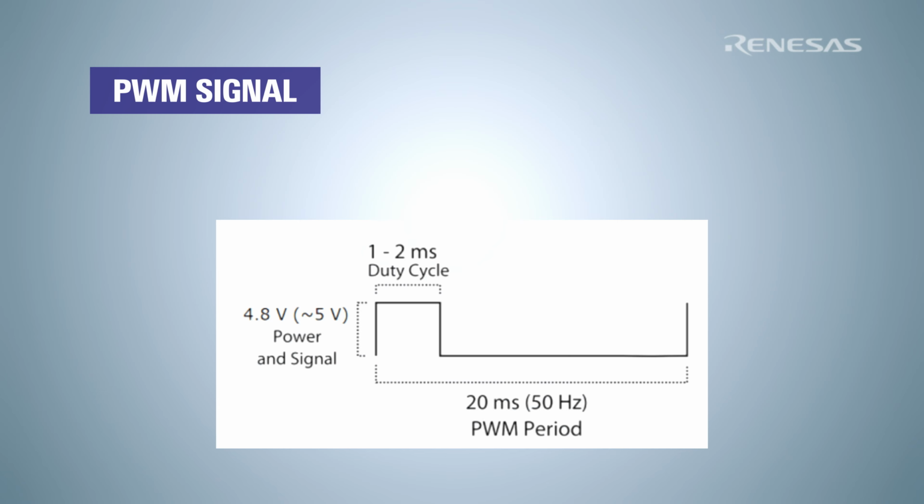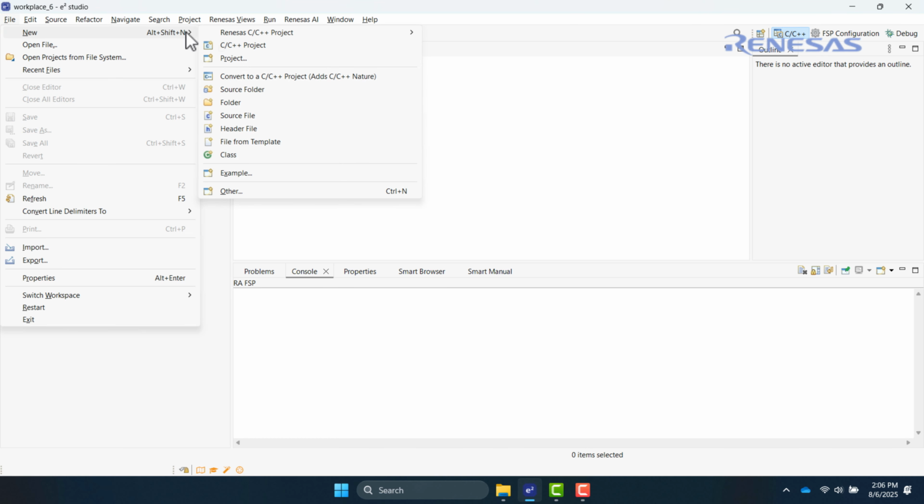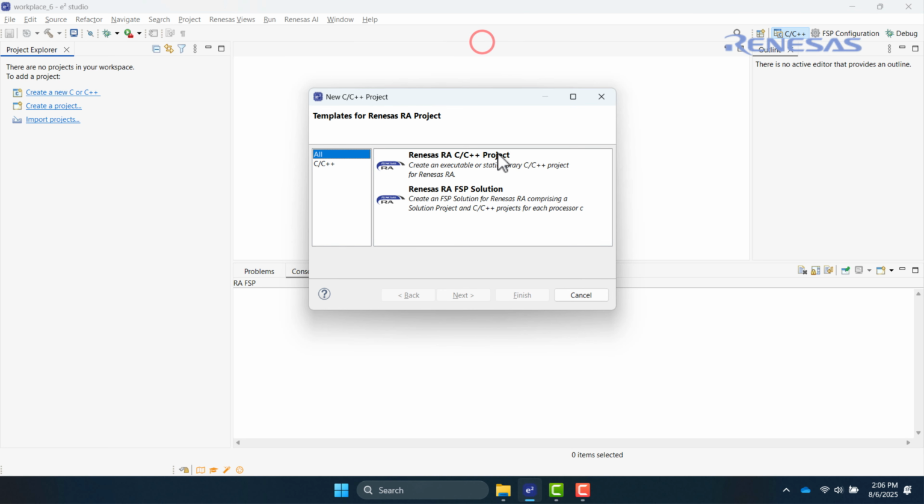To control this servo motor, we require a PWM signal with frequency of 50 Hz. To control the servo angle, we need to provide duty cycle from 5% minimum for 0 degrees to 10% maximum for 180 degree rotation. Open e squared studio and create a new project by clicking on this file icon, then select